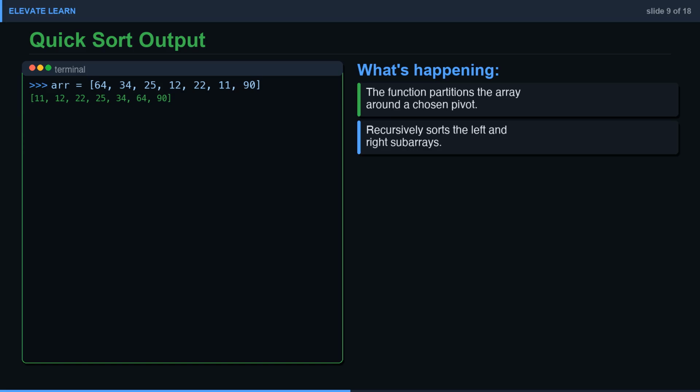Alright, let's dive into the quick sort output. In our function, we start by selecting a pivot element and partitioning the array around it. This means elements less than the pivot go to its left, and those greater go to the right. Then, the function recursively sorts these subarrays. For example, if we run this code with the array 64, 34, 25, 12, 22, 11, 90, the function will first pick a pivot and partition the array. Then it will sort the elements on both sides of the pivot. Finally, we print out the sorted result. Quicksort is known for its efficiency in many cases, but remember, it can degrade to O(n squared) if the pivot